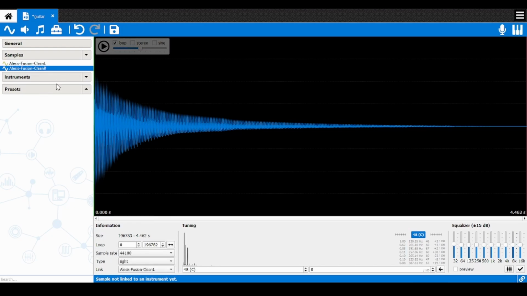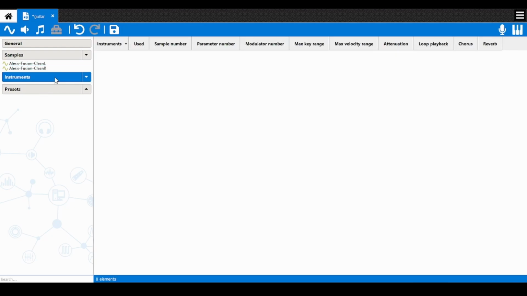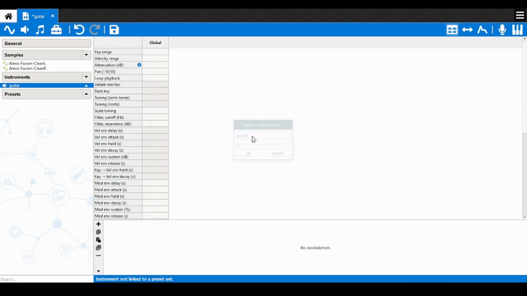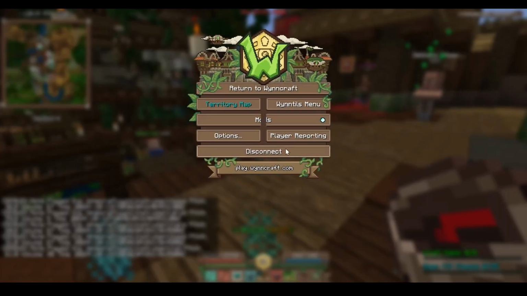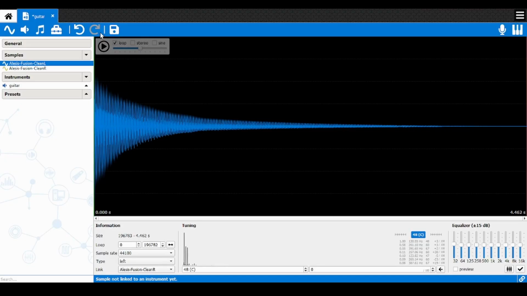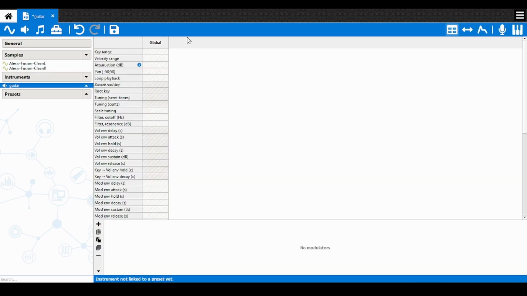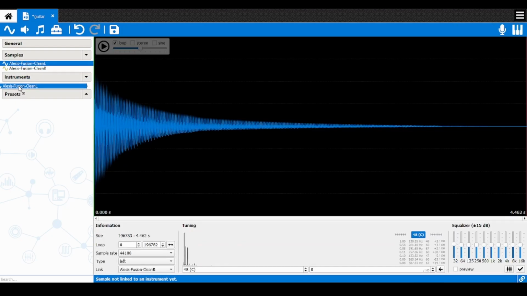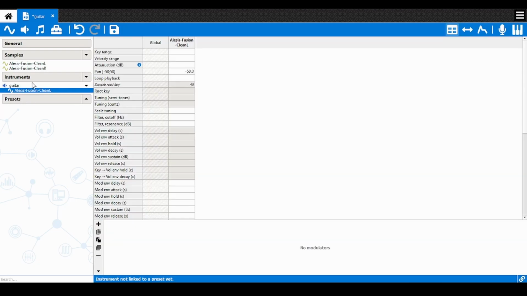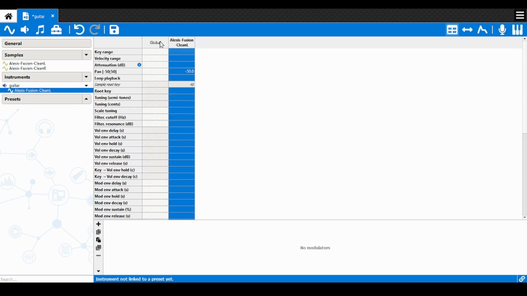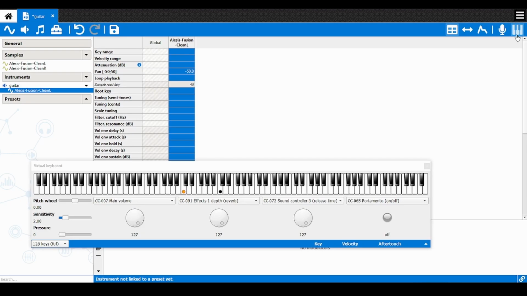So now the next part is I need to create an instrument. So I'll do that. Add an instrument. Guitar. I'm gonna disconnect. There's the guitar. I'm gonna drag these samples in. So now these samples are in here. And I'm gonna change the key range because